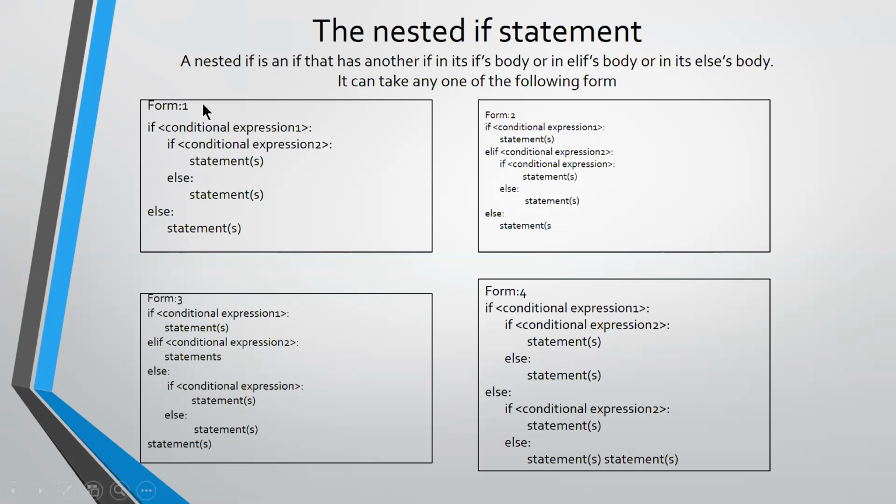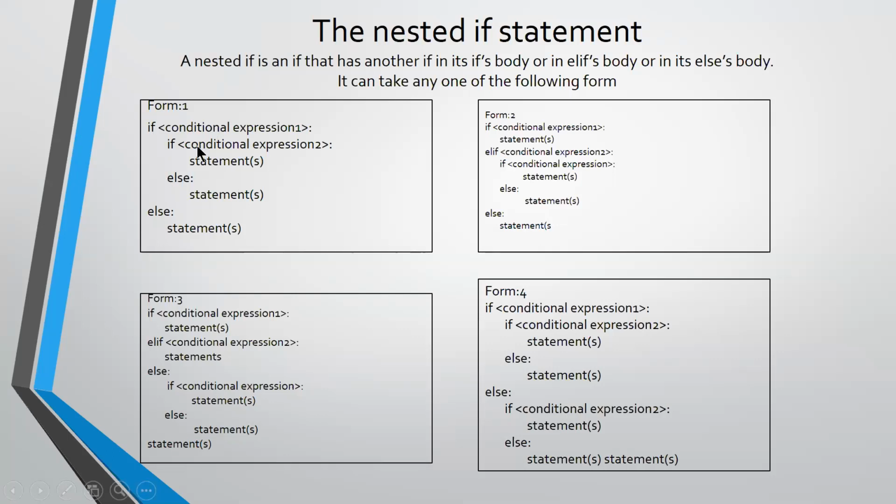So look at form 1. If a conditional expression, I'm checking a conditional expression. Inside it I want to have another if and else, and yes, you can have that. I check this condition, and if it is true and I want to go for another if else, yes, you can go for it. In nested if, what you have to keep in mind very correctly is this else part. Here there is an else, and here there is also an else. This else part has to be in line with the if it belongs to.